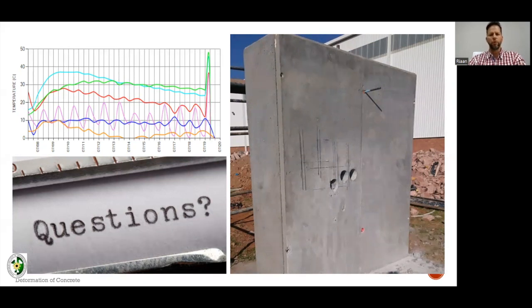And if you reduce your water demand, if you steer away from too much paste, in other words, as soon as you have a pump mix, you have a higher paste content in your concrete, because your smaller aggregates, if you use 13 millimeter stone in your pump mix, there's a higher surface area. And the best way to describe this, if you were to imagine a concrete with 19 millimeter stone, excuse me,